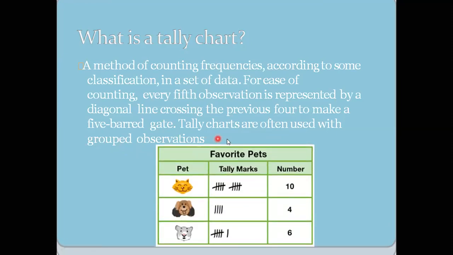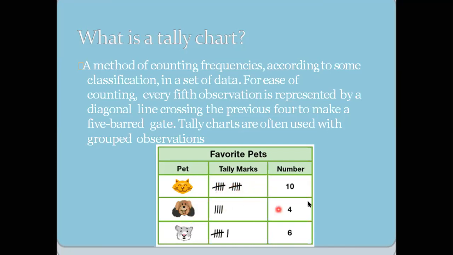So if you see, for example, you have learned in previous classes also, here they have taken favorite pets. So you can say this is the favorite pets and how many liked each. Suppose this animal was liked by 10 children, how do you represent it in tally? You draw 1 2 3 4 lines, and again a diagonal line across them. So this represents 5, and one more 5 makes 10.